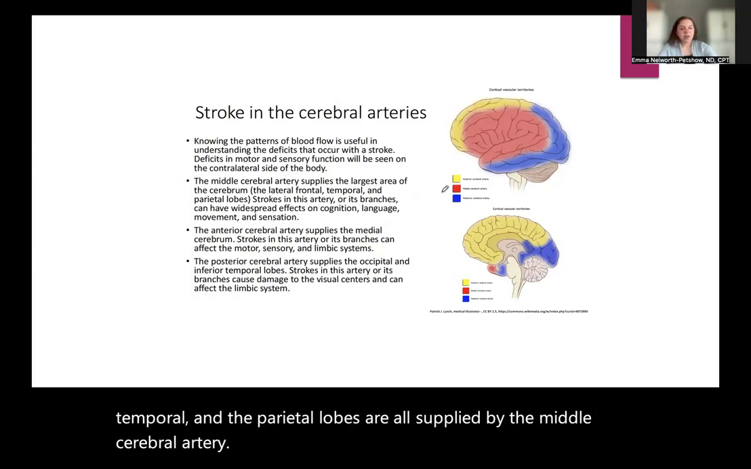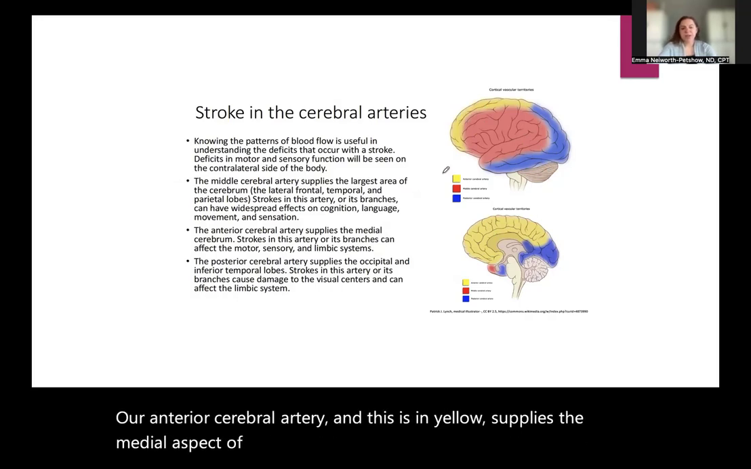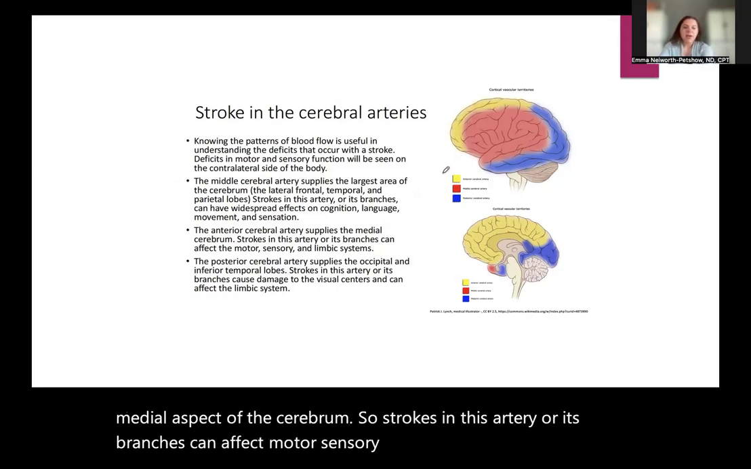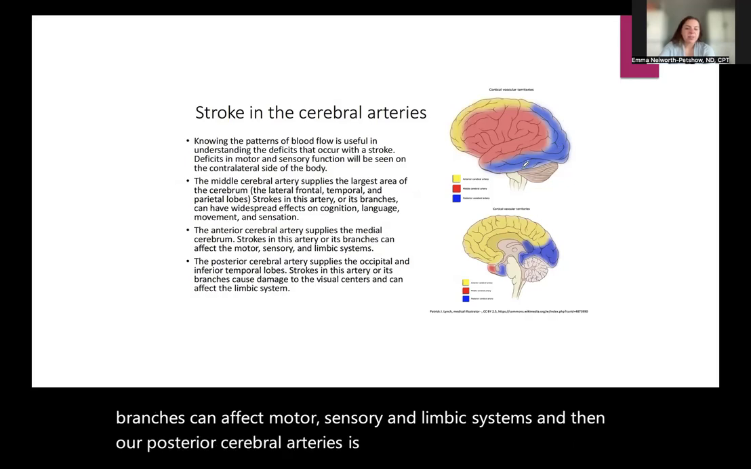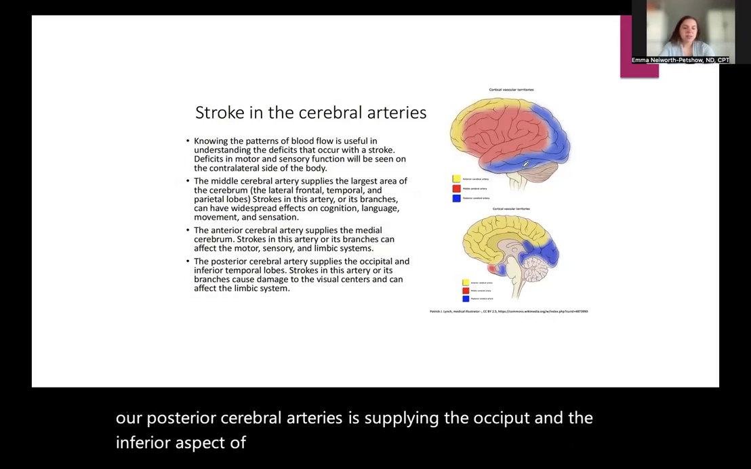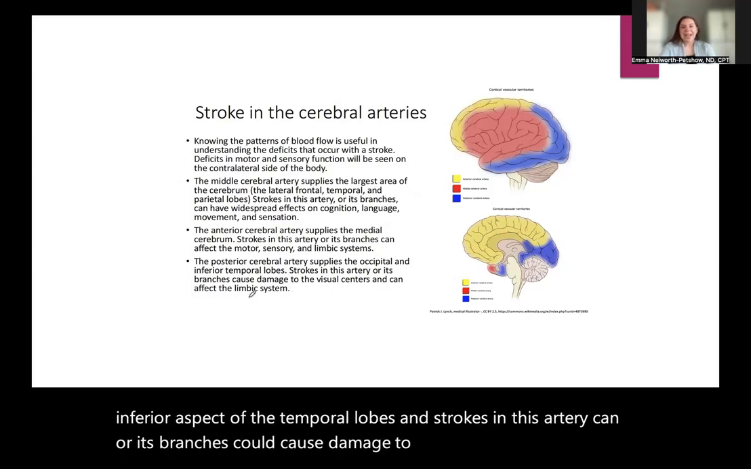Our anterior cerebral artery, and this is in yellow, supplies the medial aspect of the cerebrum. So strokes in this artery or its branches can affect motor, sensory, and limbic systems. And then our posterior cerebral arteries are supplying the occiput and the inferior aspect of the temporal lobes. And strokes in this artery, or its branches, could cause damage to our visual centers and can affect the